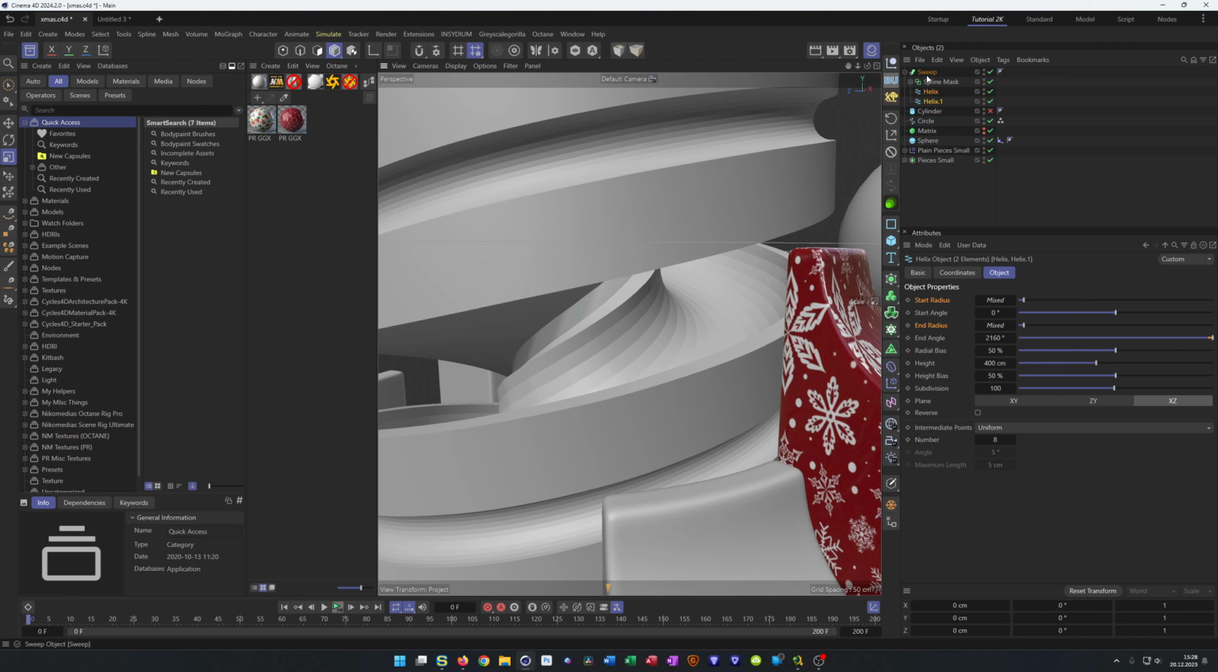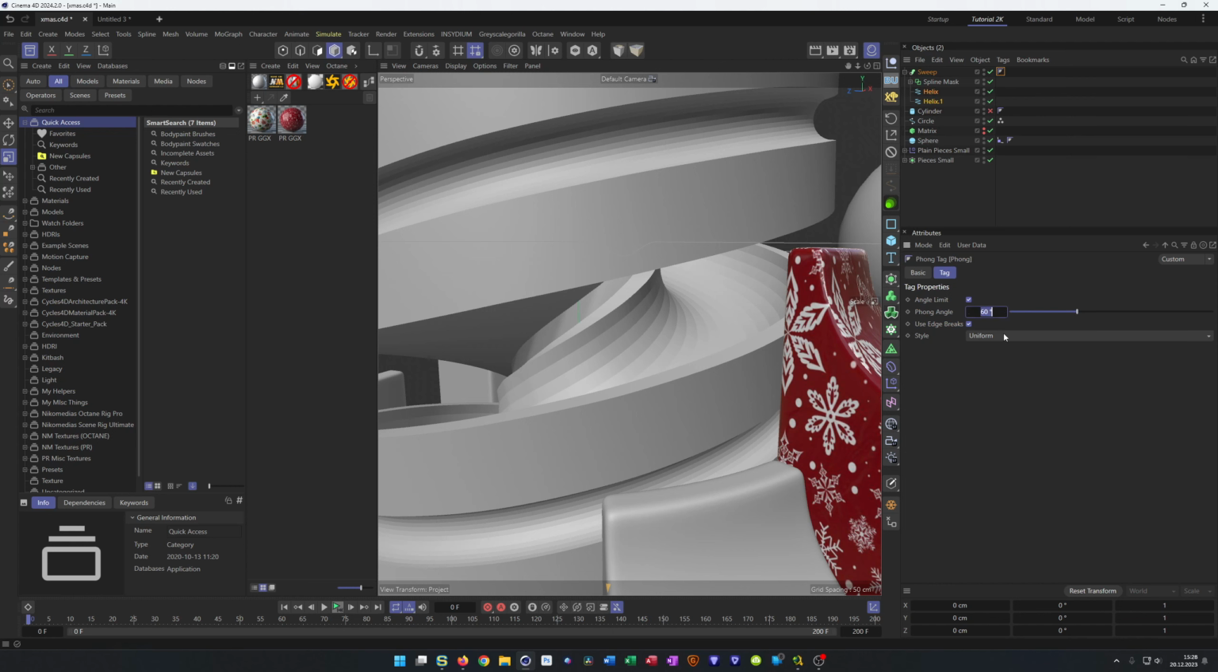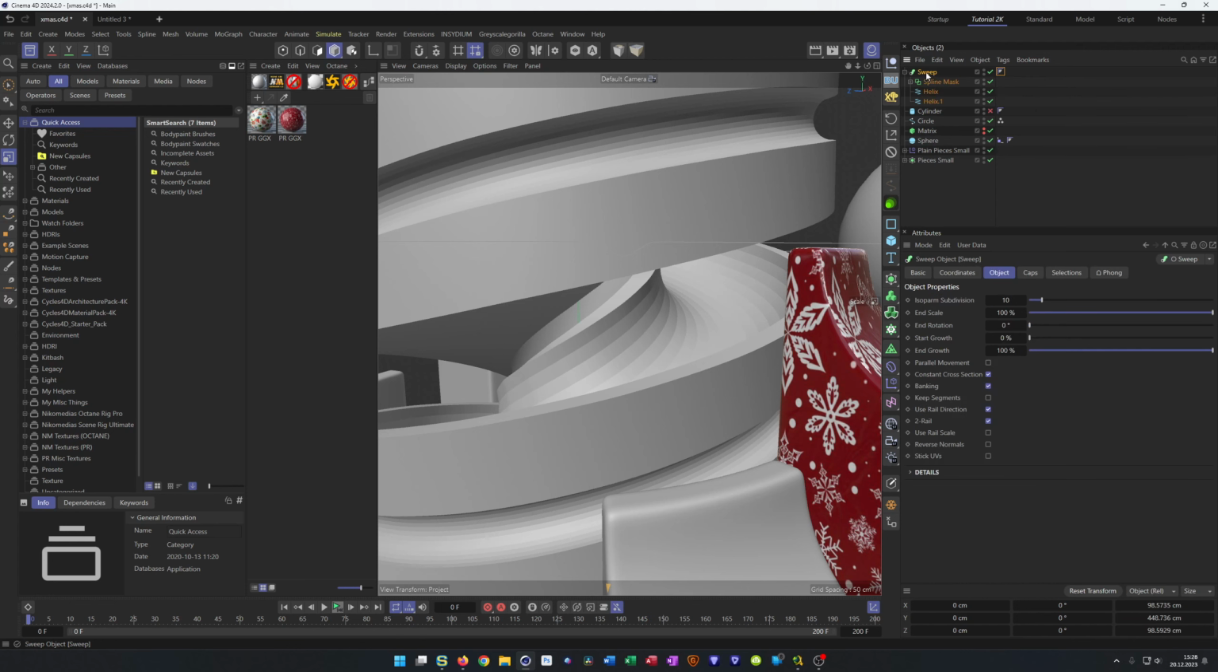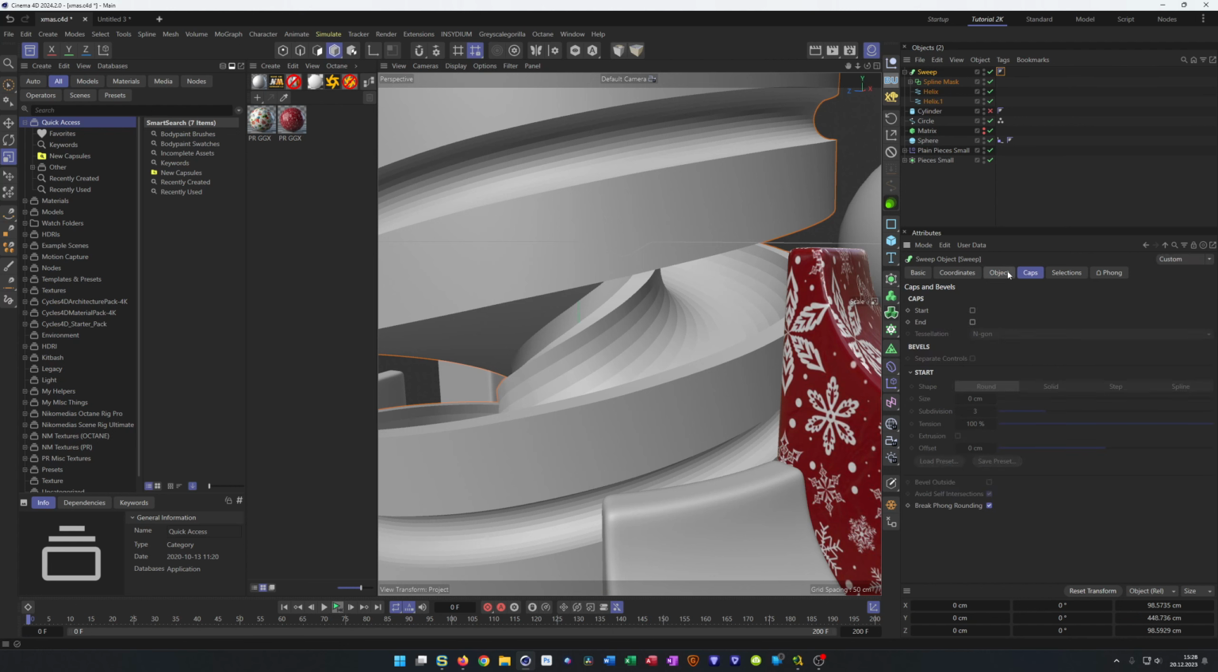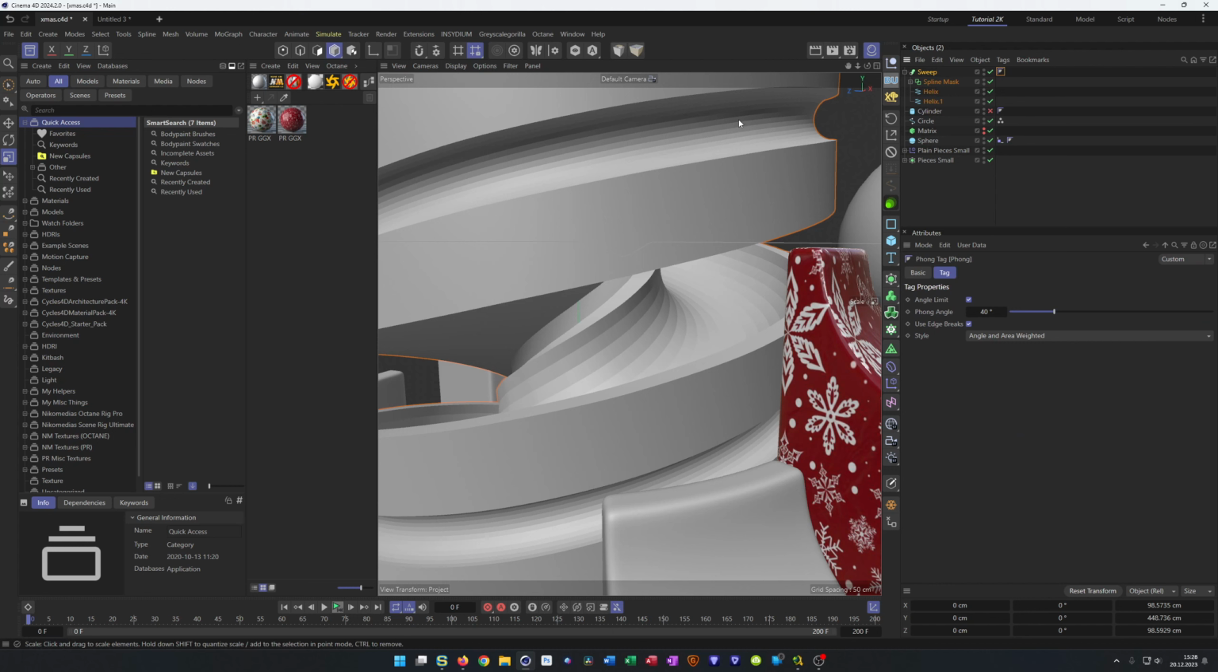But here we have this again with the ugly font tag, but here it is. Angle and area weighted. So let's see. Why do we have this? This is in the sweep. I don't need the caps. Let's bring. We have it on the sweep, but where do we have this ugly